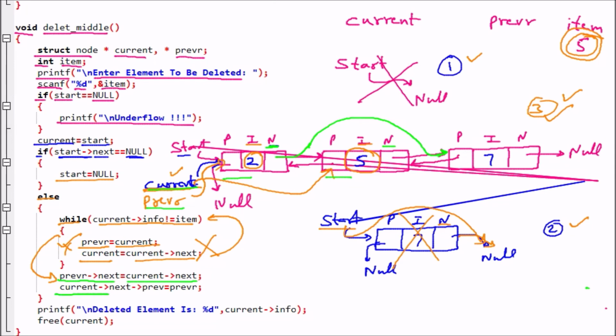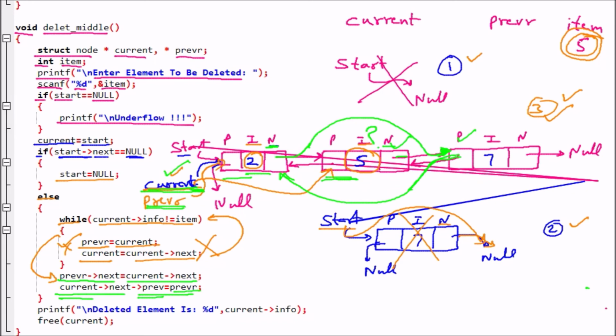Now afterward, current next is equal to previous. So talking about current next, this one is the current here. Then the next part of this current is pointing here, and previous, so this one we are talking about. Current next previous: this is the current, this is the next part, and this one is the previous part of that. We are talking about this one is equal to previous, and where the previous is pointing on this node. So these are connected. Now you can see that this node is now not linked.